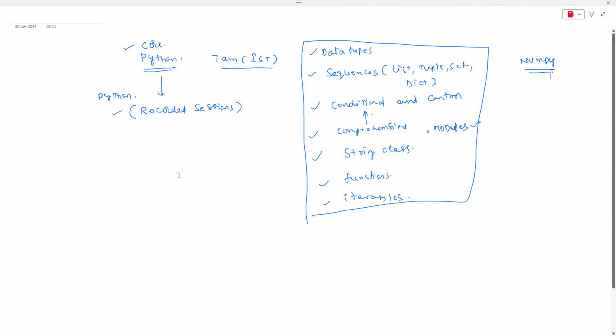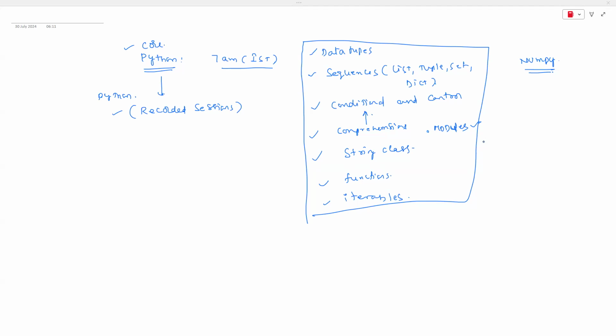So that is what has happened. Before starting, because the batch was already started, some people who may join lately and who already have an idea about Python can join these classes continuously, maybe from Wednesday onwards. You can join at 7 a.m. and understand the topics, because I'll start with NumPy if you already have the idea about this.